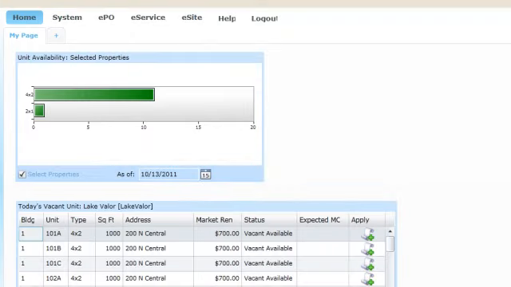Let's take a look at write-offs in AMSI. A write-off is used to remove a legitimate charge off of a resident's ledger. In our example, our resident was charged a $150 pet fee because his pet was going to move into his apartment at our community. However, only 2 weeks after moving in, his pet fell gravely ill and had to move